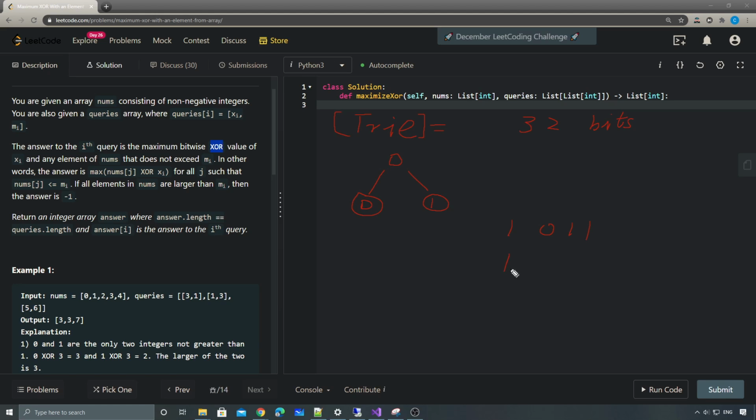And then we have 1 1 0 0, 0 1 0 1, and maybe 0 1 1 1. So let's say we have these four numbers, and our x is, let's say, 0